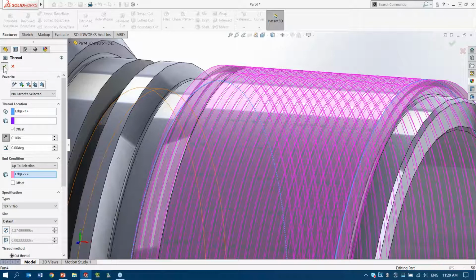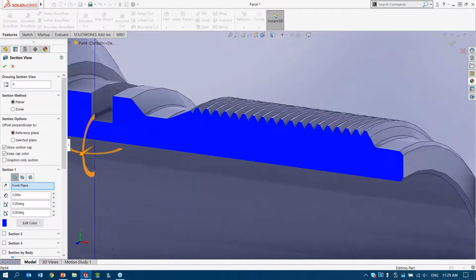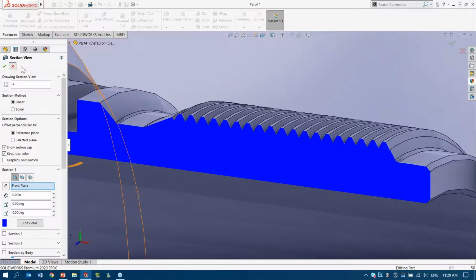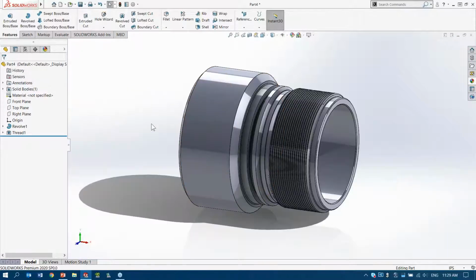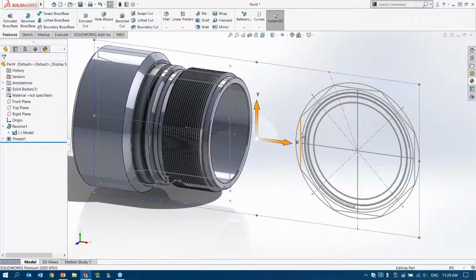And this is a real functional thread. So I could bring it to a machine, I could 3D print it, and it would be a full functional thread. Now the last thing I want to do here, and if I circle back to my 2D file, we see that we have some cuts all around that face. We got 8 of them